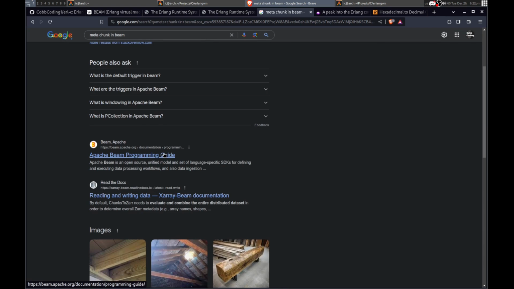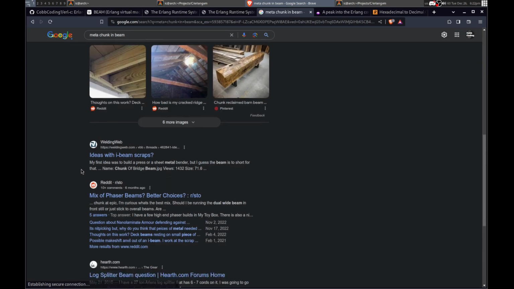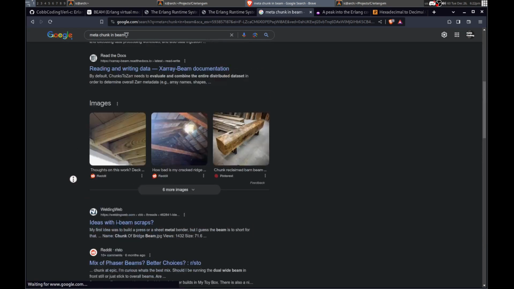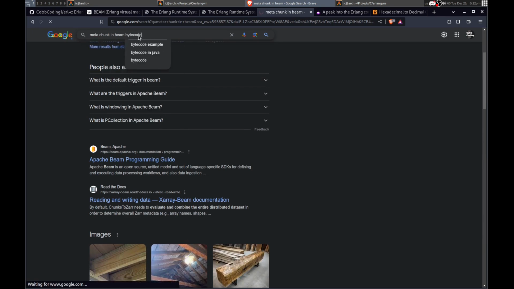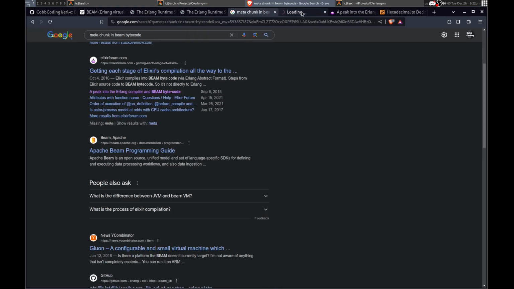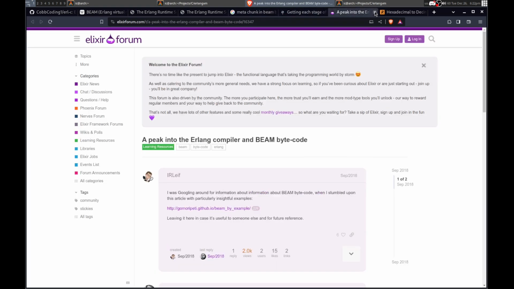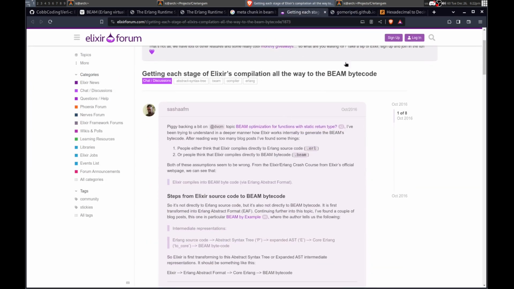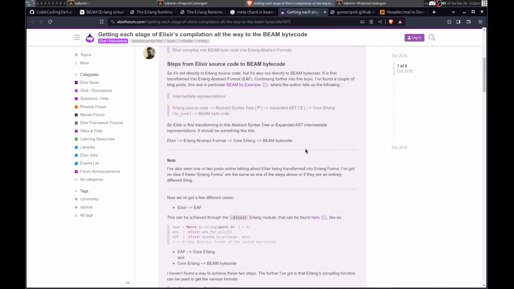Let's see. On Apache. Bytecode, let's see. All the way to what? Pretty slow. I need to close it. Let's see, that might be useful actually. No. Dang.